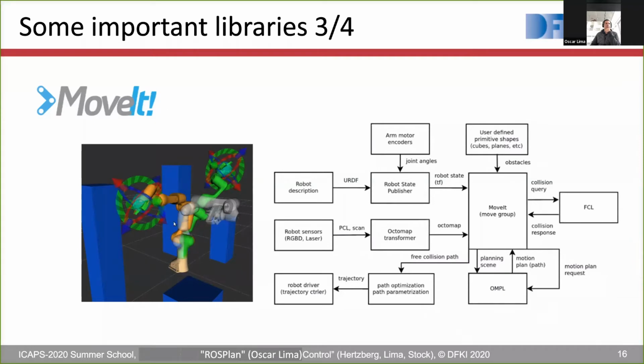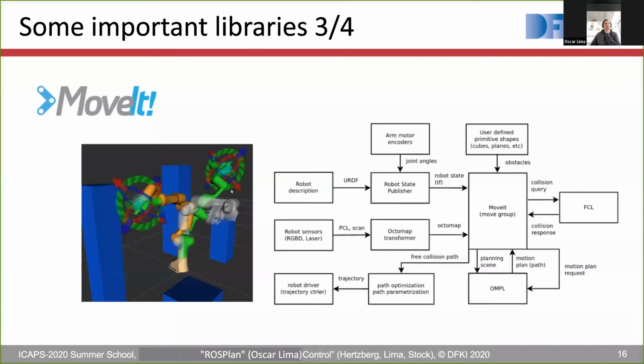And then you have an initial arm configuration and a final arm configuration. So then MoveIt will search possible configurations that will move the arm